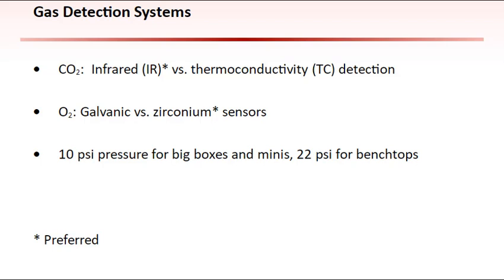O2 detection can also be done two ways. A galvanic sensor is a diffusion-limited metal-air battery. Oxygen diffuses through the sensor to reach the inner cathode, where it is reduced to hydroxyl ions, which in turn oxidize the metal anode. A current proportional to the rate of O2 consumption is generated when the cathode-anode circuit is